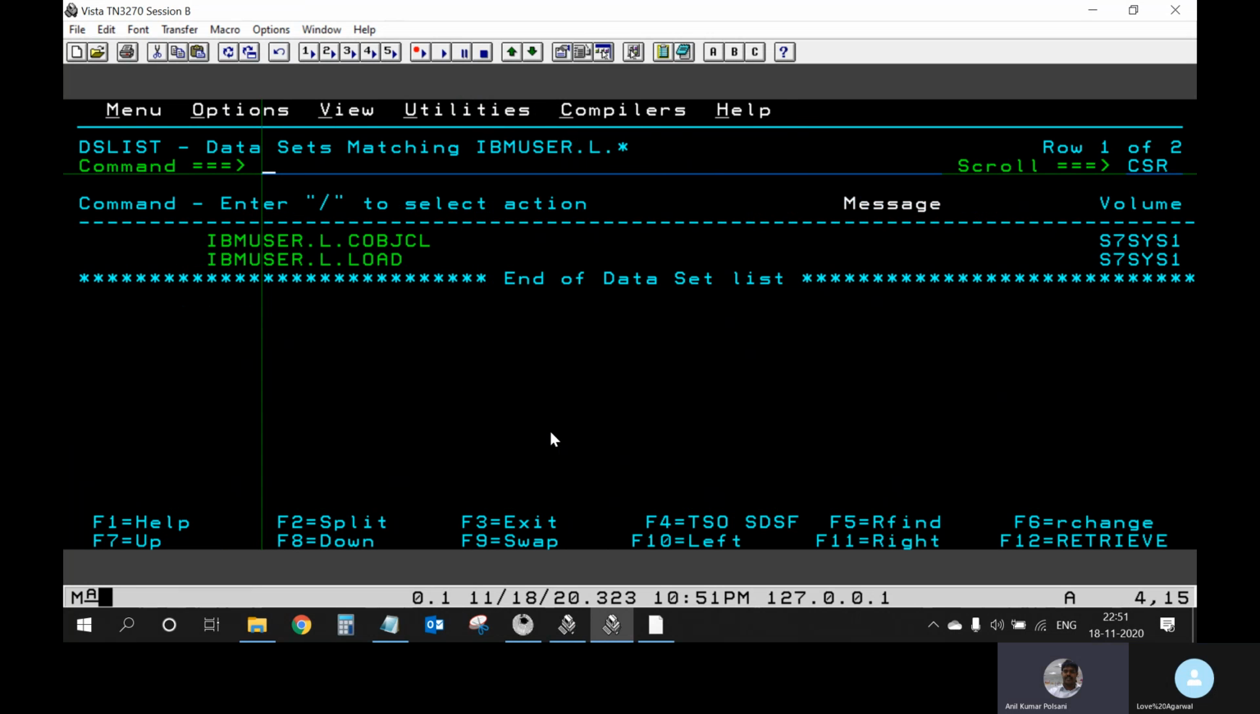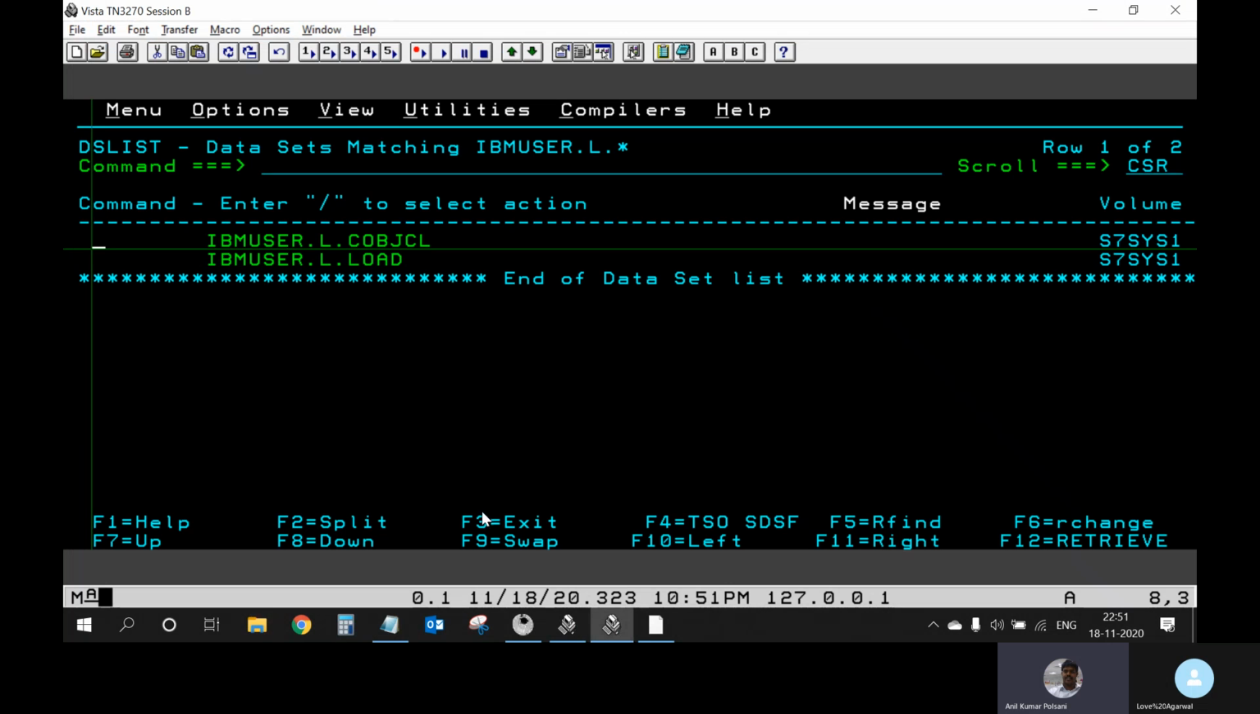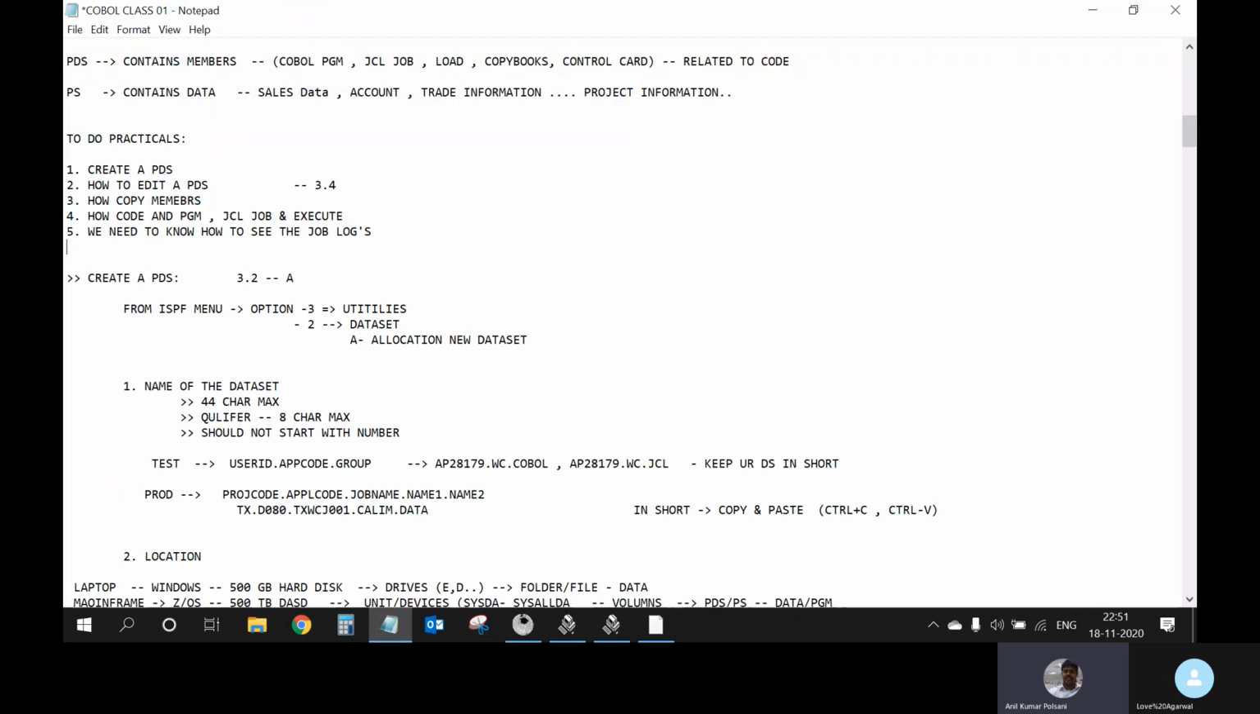This is what we'll be doing daily now. This is the place where I want to code my programs, and this is the place where I want to store the load. So for editing a data set, let's now go to the second point of theory in Notepad. Okay, got stuck somewhere. Okay, so